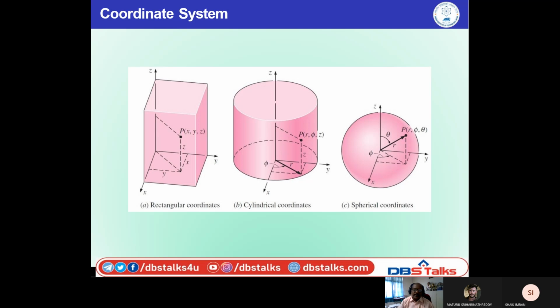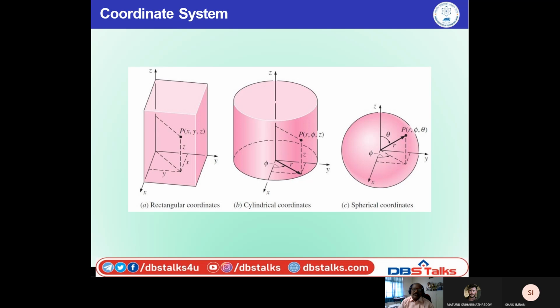When it is coming to the cylindrical coordinate system, we take a cylinder. The cylinder has an axis. There will be an x-axis and y-axis, and there is a perpendicular axis. In this cylindrical coordinate system, we take another 2 parameters, like the radius of the cylinder and the angle of the cylinder. So here we take r, theta, and z. This is the cylindrical coordinate system.